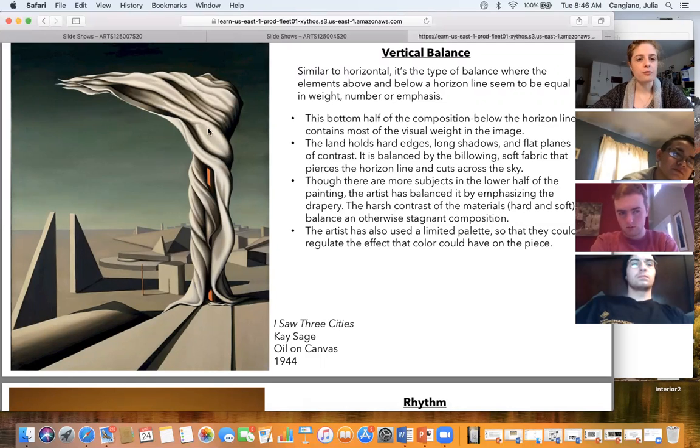And it's a really nice visual contrast to a lot of these really hard edges that are happening down the bottom. This seems to be some sort of futuristic type of city, I read it as that. And you're seeing a lot of these hard edges. And then if you follow these diagonal lines right up into this structure on the right, it softens, it twists, and it kind of winds up this pole and brings the viewer right out of the composition. But it does provide a really interesting contrast, because you're getting the softness of the material next to the hardness of those hard edges.